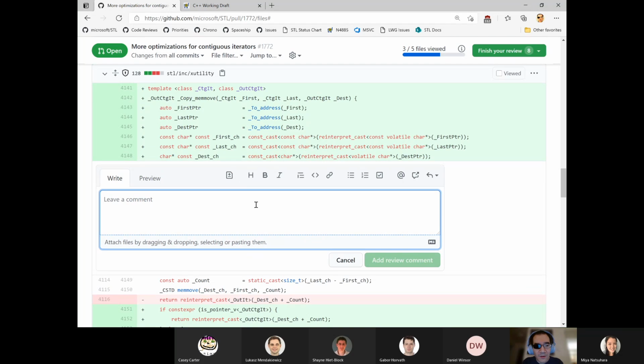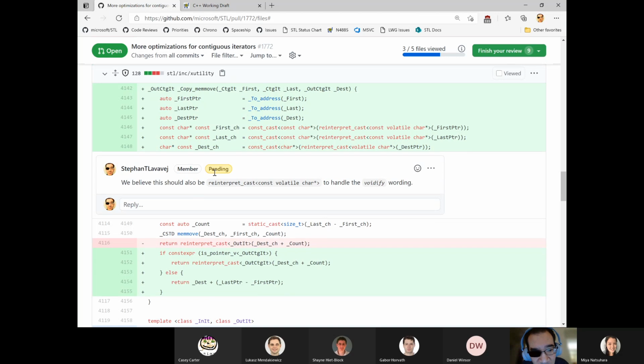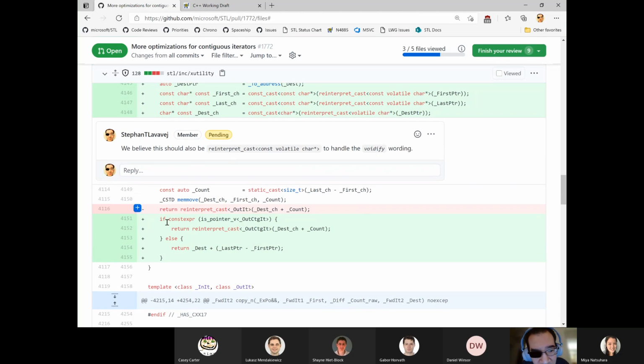Thanks, Casey. We believe this should also be reinterpret_cast of const to handle the star backtick voidify backtick star wording. Yep. And then remove that because we actually do need to scribble into dest. Count the characters, call the memmove, form the return type. If the out contig iterator is a pointer, then we can just take the character pointer, which is a plain char star, add count number of bytes, and then reinterpret to the desired type, which will potentially add constants. Agreed? Otherwise, we're going to take that dest iterator,